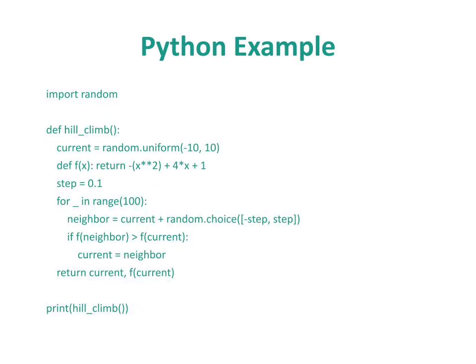Python example. Here's a simple Python implementation. We use a random starting point between minus 10 and positive 10 and define a function f(x) = -x² + 4x + 1. The algorithm moves in small steps, comparing the current and neighbor values, and stops when it can't improve further. When we run this, it typically finds x approximately equal to 2 and f(x) approximately equal to 5, which is the top of our hill.